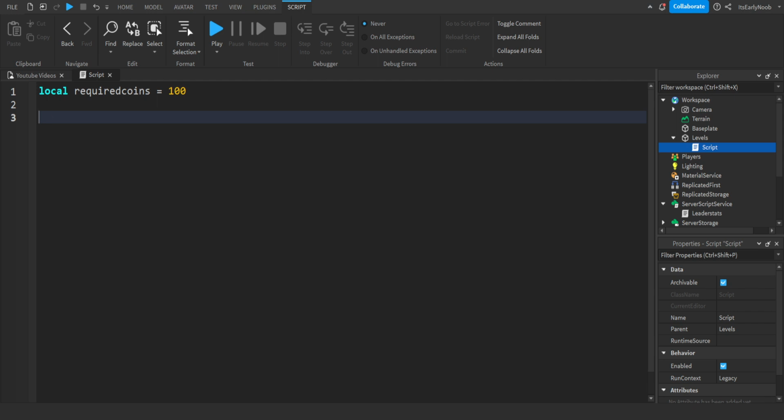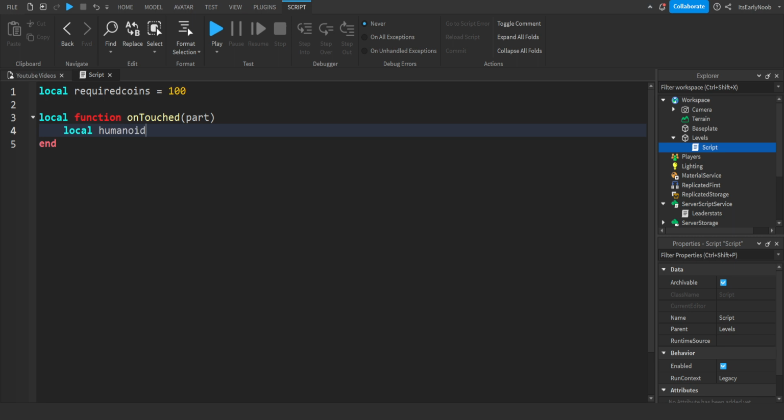Then you're going to do local function onTouched(part). Enter. You're going to do local humanoid equals part.Parent:FindFirstChildOfClass("Humanoid"), right? Then you're going to do